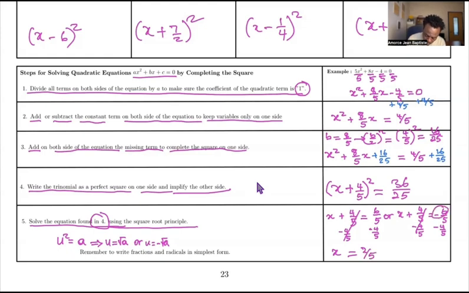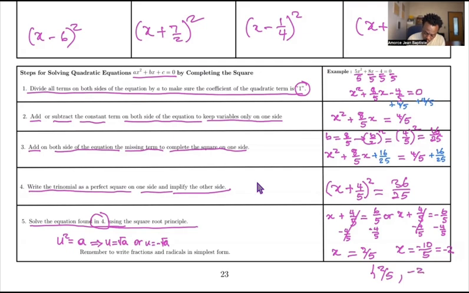Now, negative 6 minus 4 is negative 10. Negative 10 divided by 5. So that's x equals negative 10 over 5, which is negative 2. So your solution set using the complete the square is 2 over 5